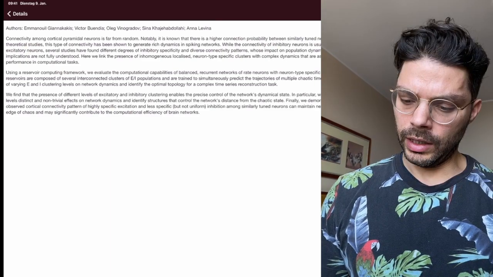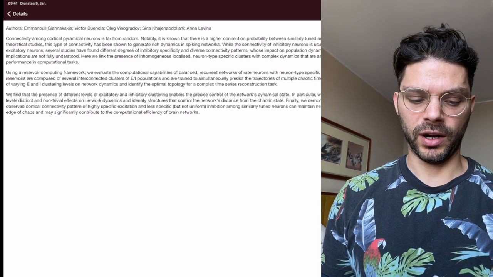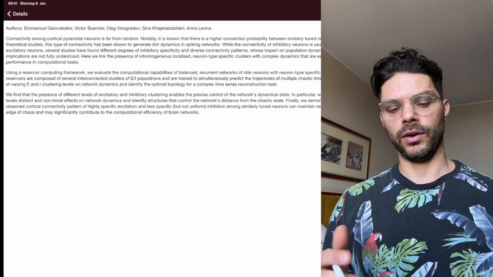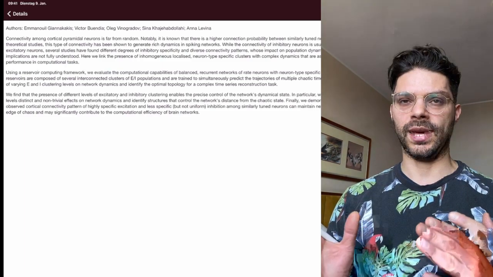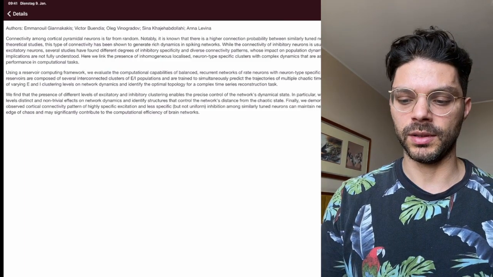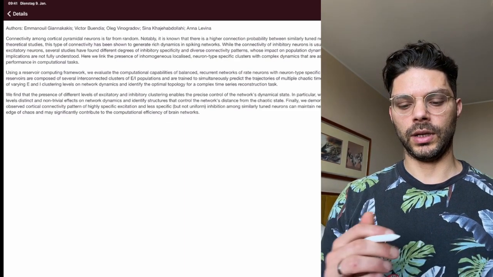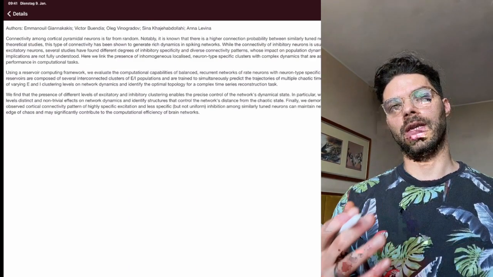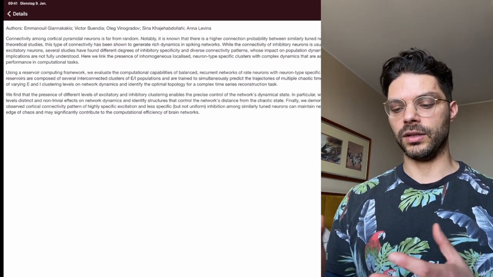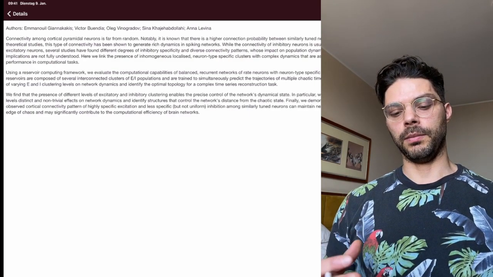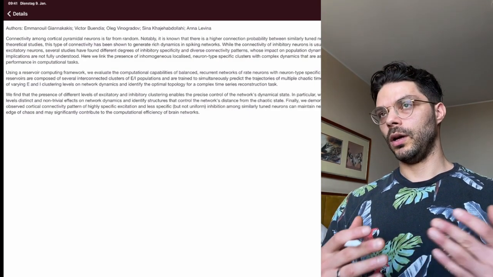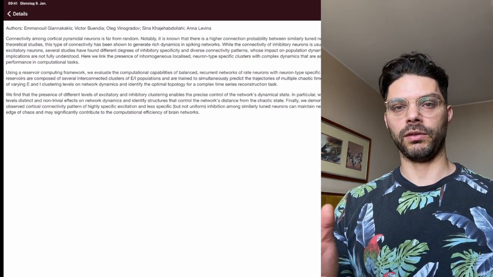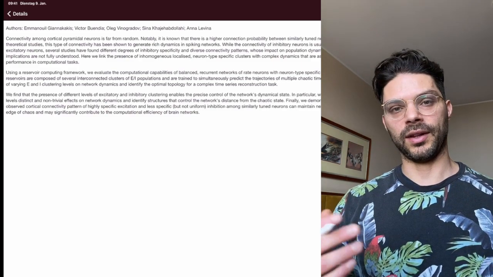So I think here, yeah. So here, I guess what they're trying to say is like, look, we do observe this in cortex. There is what they already mentioned, that there's a high connection probability between similarly tuned neurons. So there is that between the excitatory neurons, and then there is this inhibition. But this inhibition they're going to model as not being uniform, and they're going to show that it has these very interesting, useful properties that might be really beneficial if you're trying to capture chaotic time series. You don't necessarily think that's what the brain is doing, but that could be a good stand-in for various tasks that different brain areas have to do.